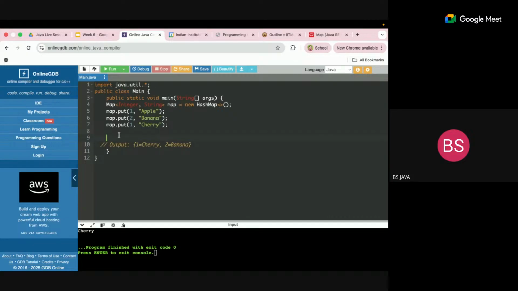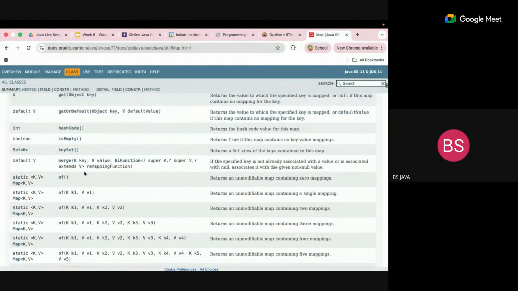So I'll just first introduce the iterator one. Okay, so how do we create an iterator for a map? Yeah, one more thing I forgot to mention. So we have some methods like